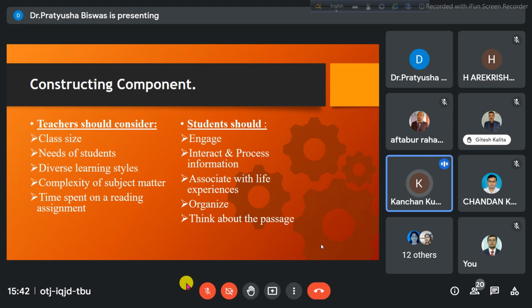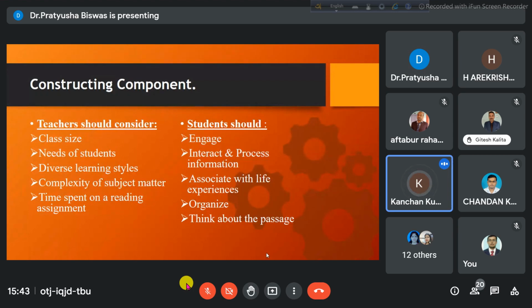And the second one is the need of the students. It totally depends upon the types of the learner, because now time has changed. Inclusive education is implemented. So which type of student is in the classroom is a very important part for a teacher to know. According to the need of each and every individual, the teacher has to plan their strategy. Depending upon that strategy, diverse learning styles will be changed, because there are a lot of types of learners. We have already read about it.